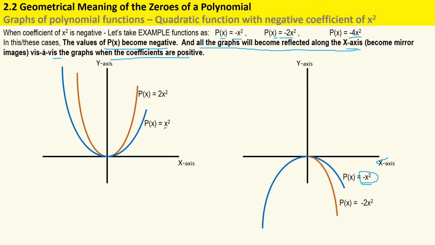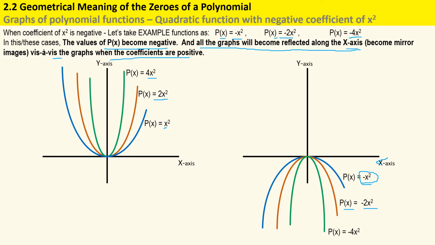Now let's plot p(x) = 2x², and let's also plot p(x) = -2x². Let's also plot p(x) = 4x². This is our third function here, and we also plot p(x) = -4x². So we see that